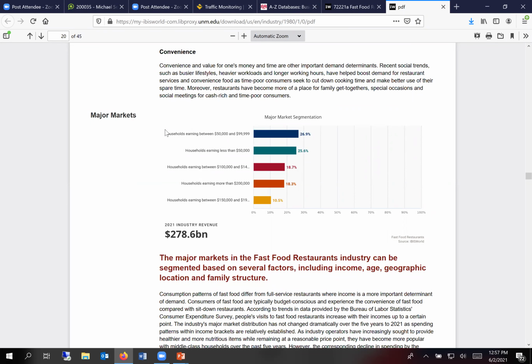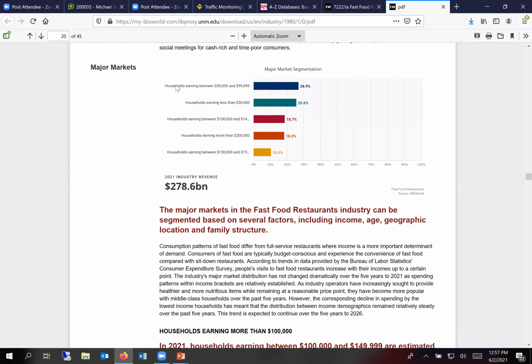Say you want to send them a postcard. You could also buy a list from places like Data Axle or Reference USA, and that costs about $1,000 for 5,000 contacts. Then I'd want to look at my households earning less than $50,000. So now I have a great rule of thumb, a little bit of guidance to who I should be looking for if I want to start a business like this. I could also map out those households earning between $50,000 and $99,999, and maybe that might be a great location to start this sort of business.